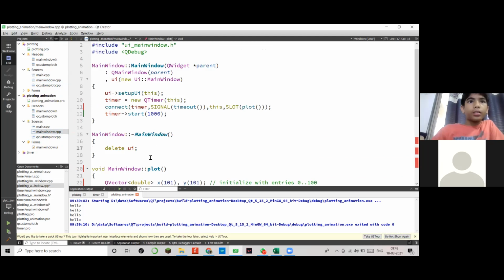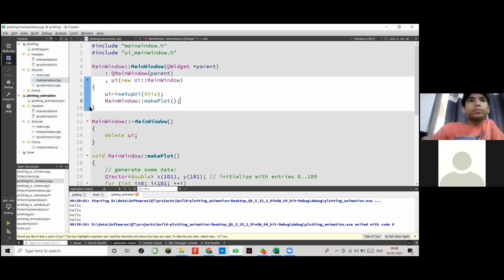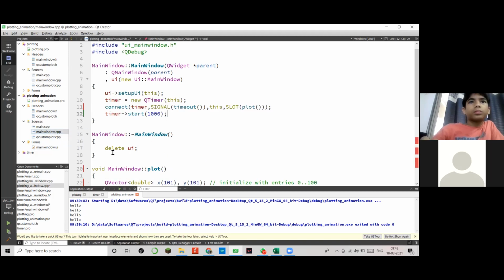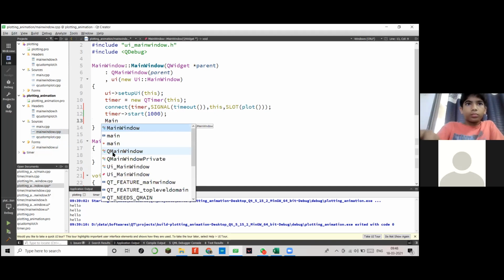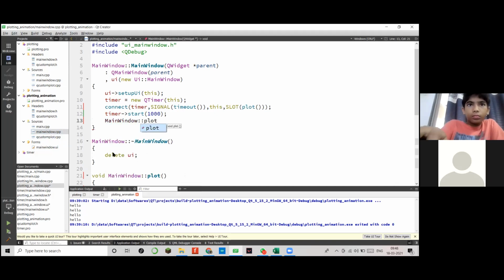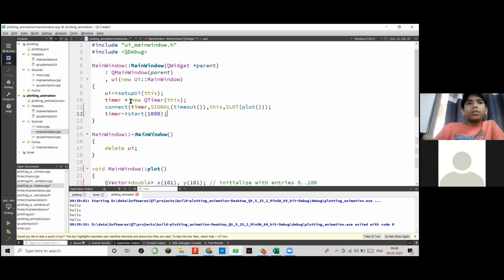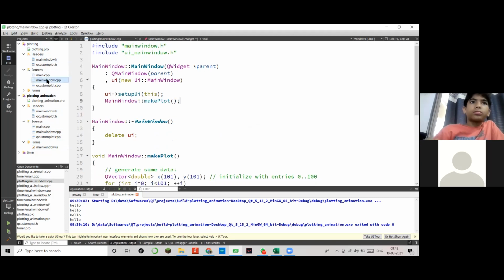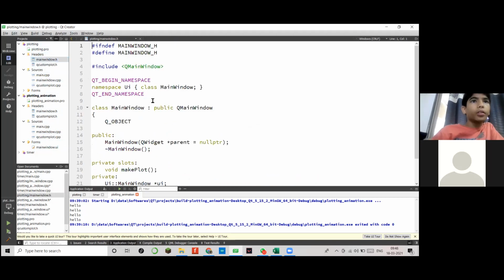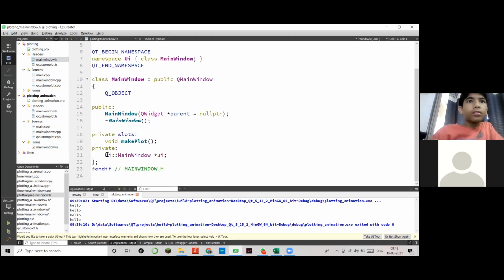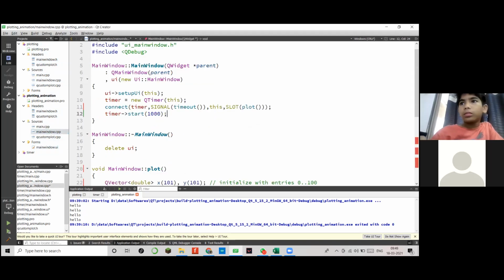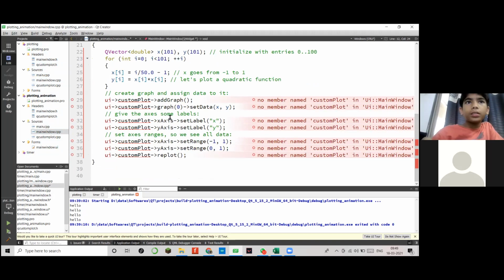I think he's doing... but oh no, not here. I'll go to main window.h and I'll see if there's anything done there. No, there's some errors here.